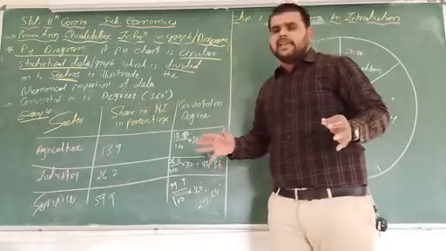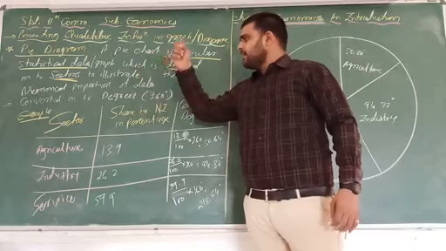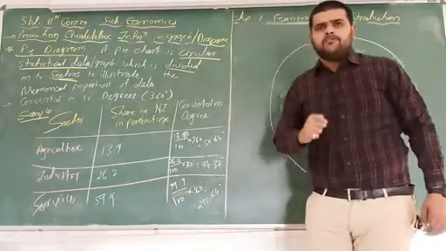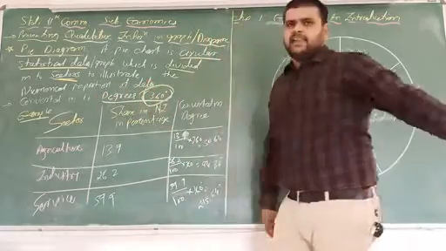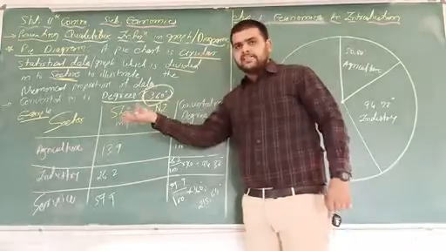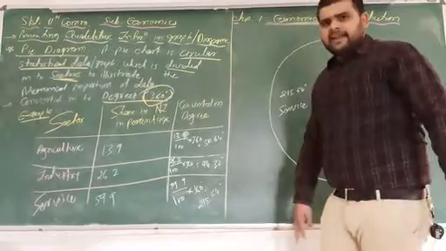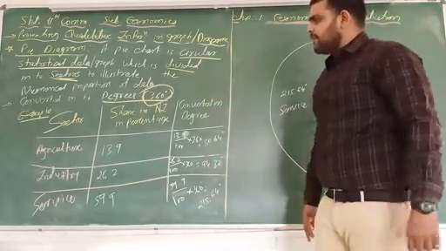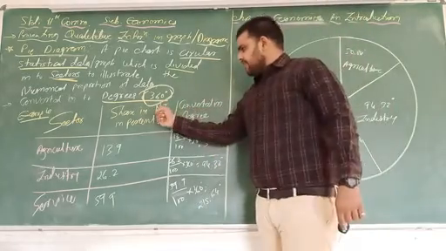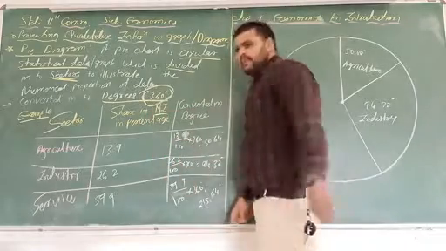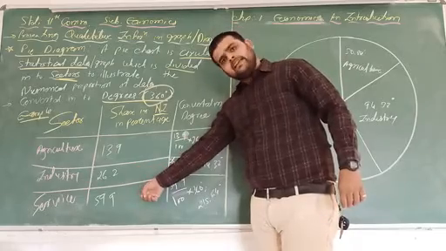Okay, so whatever numerical data is there, that we have to divide it into circular data. And pie diagram, that we have to calculate always with the help of degree, and degree is that we have to convert it into degree, and degree is always 360. It means that whatever percentage is there, we have to convert the percentage into degree, and then we have to show in the pie diagram. Okay, here that we have to take one example. Three sectors are there: agriculture, industry and service. Share in national income in percentage. Okay, so here NI, that means national income, 13.9%, 26.2% and 59.9%.